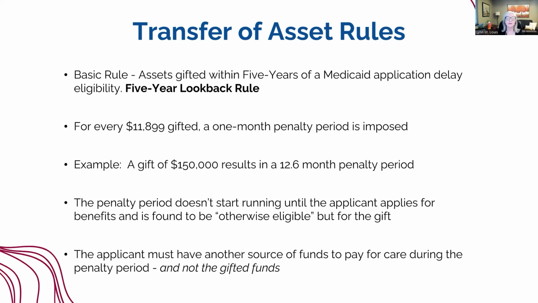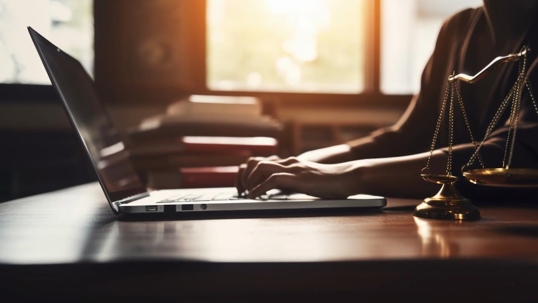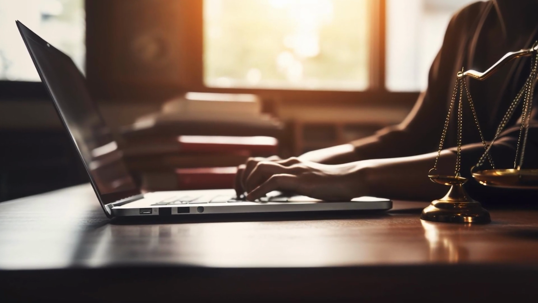The penalty period starts to run when the person is otherwise eligible. They've made the Medicaid application. And during that period of ineligibility, they must have a way to pay for their care that does not involve the gifted funds. So you're probably going, wow, I don't see any way to preserve assets given what these rules say. Well,